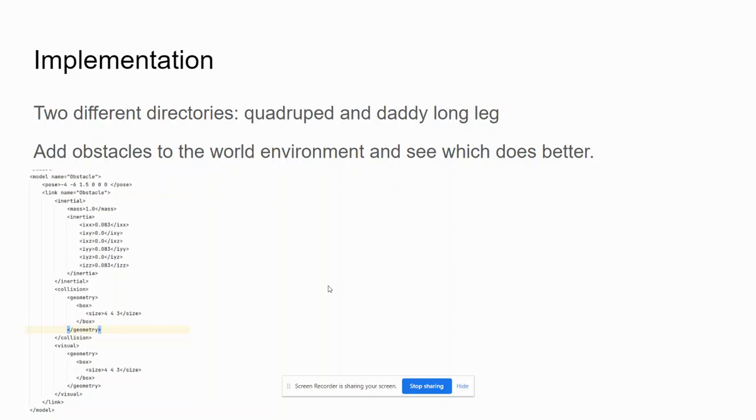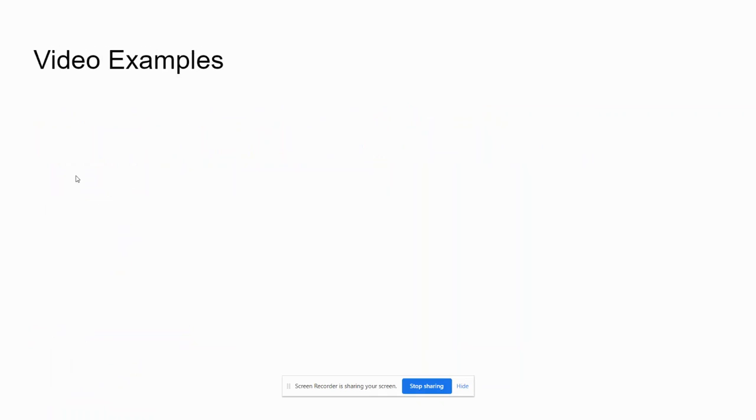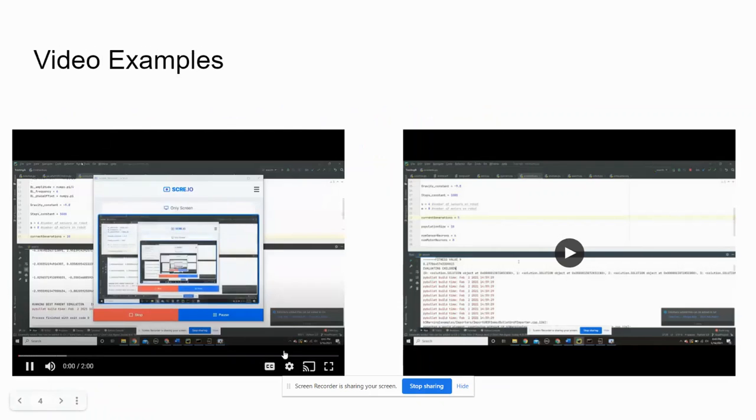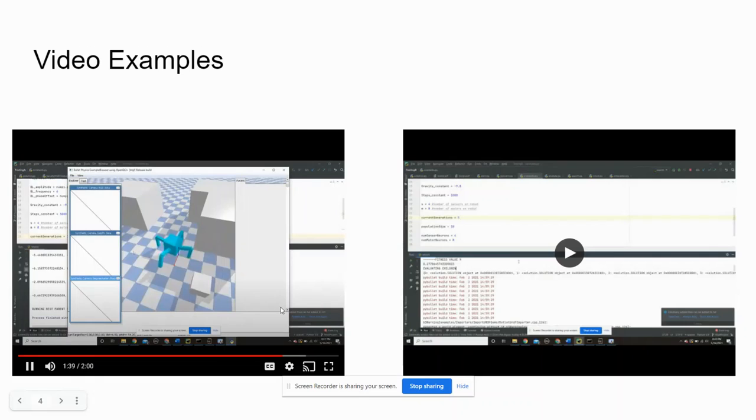For both of them, I added world objects as obstacles that were simply blocks scattered around the starting point. As you can see in this code snippet here, I created a new model named obstacle, and then in the create world method of solution, I simply added obstacle objects in various places throughout the starting point. And as you can see here, in two video examples, this is the original quadruped